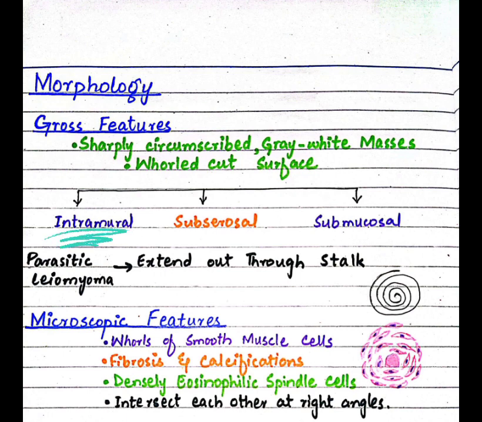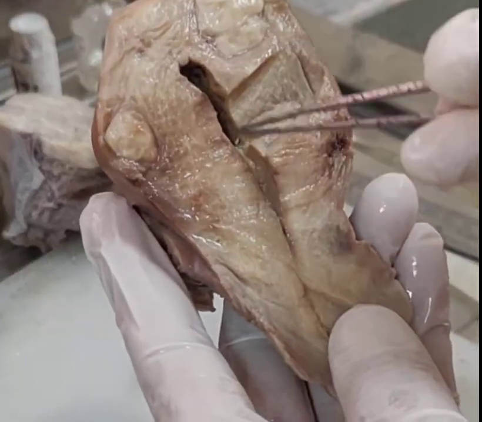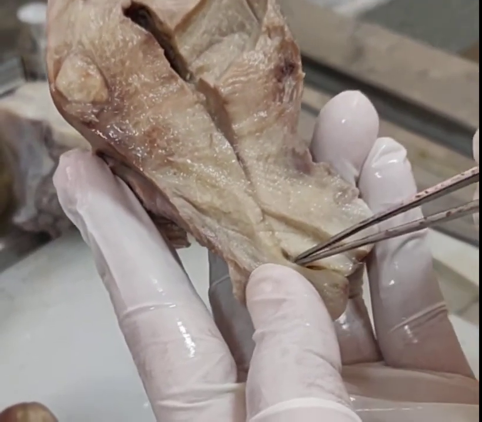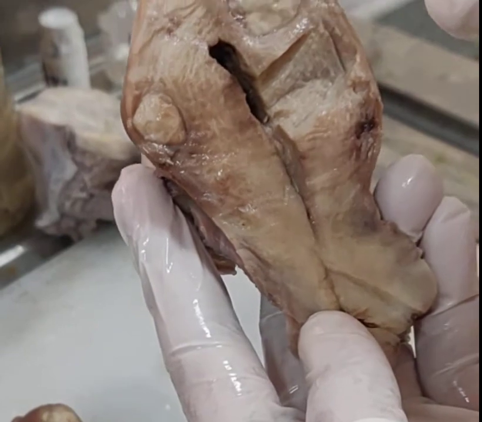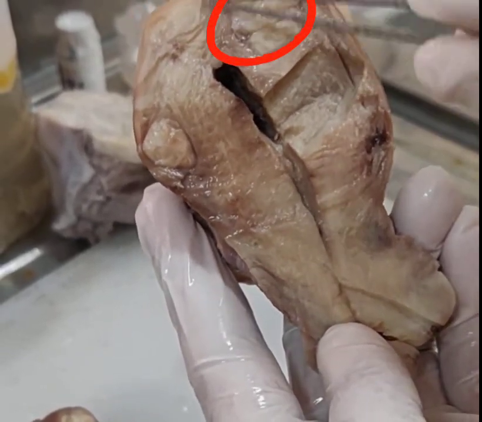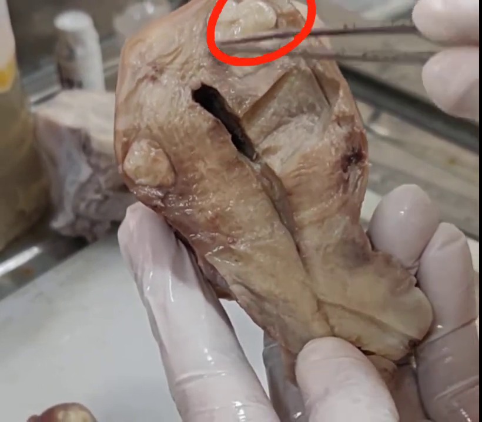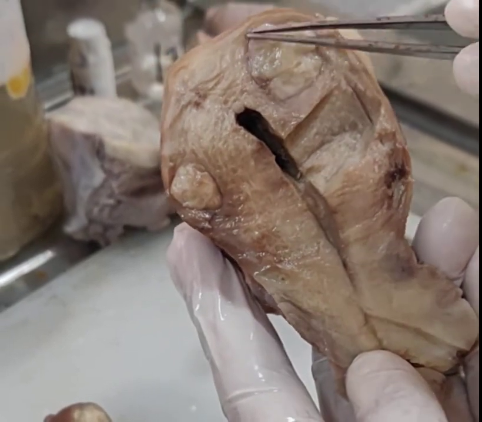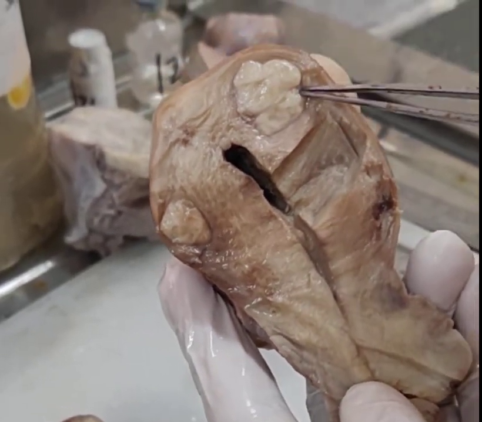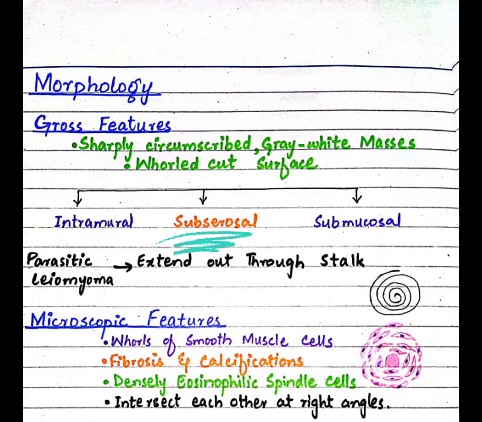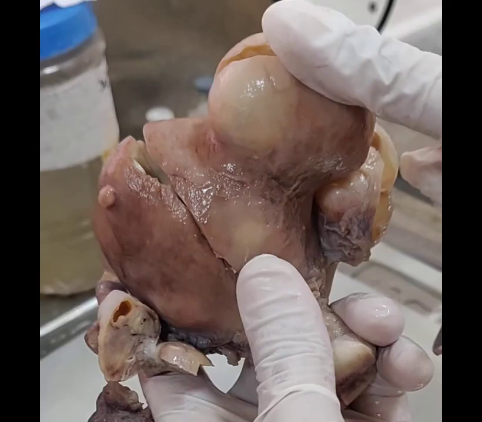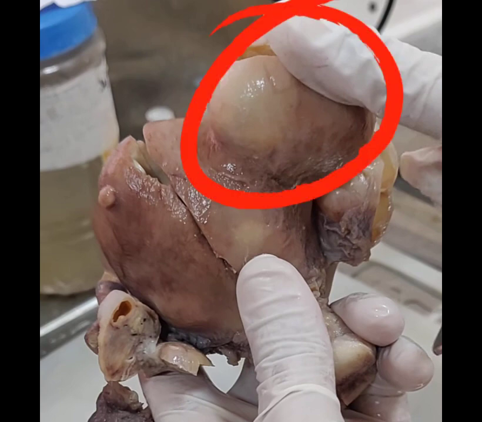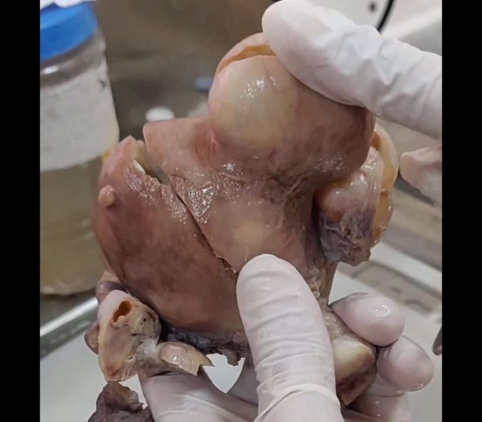I'll discuss them one by one in the cross section of the uterus. Here you can see that this is the endometrial cavity and this is the cervical canal. Here in between the muscles of the uterus, this is a well circumscribed growth, which is called the intramural fibroid, as it is between the muscles of the uterus. The second variety is of subserosal type. What does subserosal mean? Here you can see that it is present on the surface of the uterus but beneath the serosa. So it is called subserosal, meaning beneath the serosa.